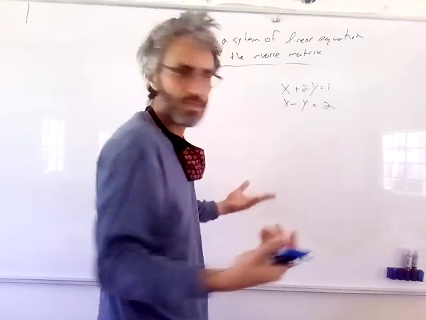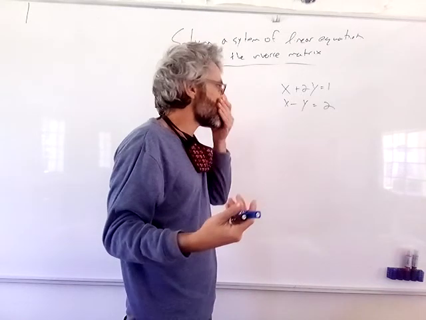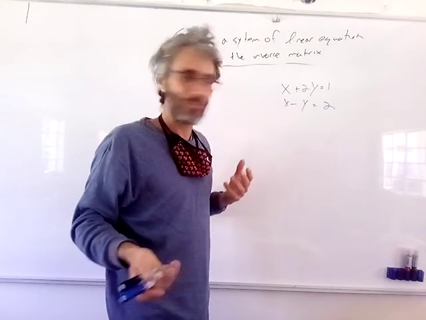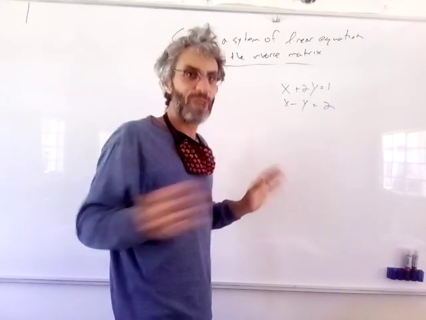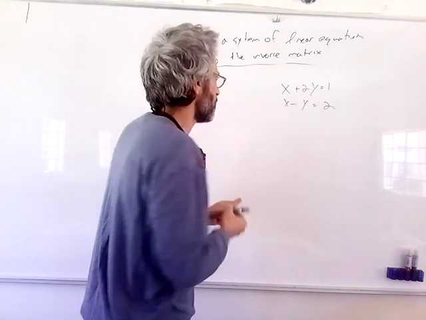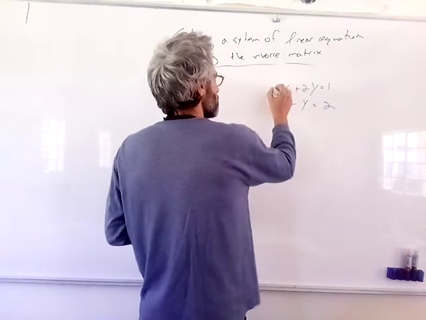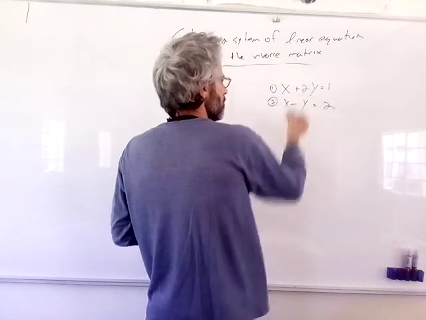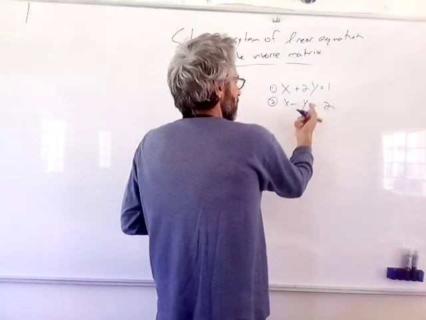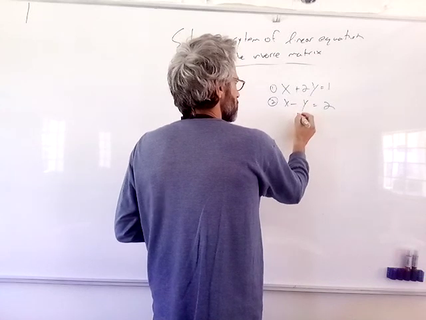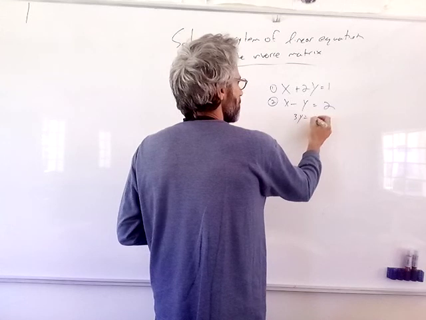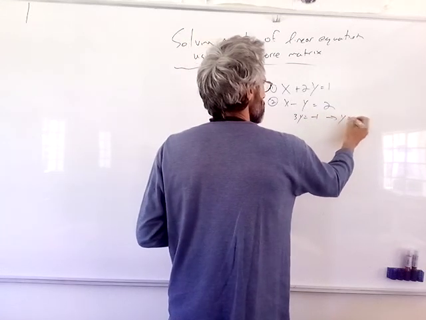Let's just solve it. Are you more of a substitution kind of person or elimination? I personally like elimination, especially when it's something like this. So let's do that. If this is your first equation and this is your second equation, you subtract one from the other because that's going to eliminate x. So 2y minus 3y minus y is going to give us 3y equals minus 1, meaning y equals minus